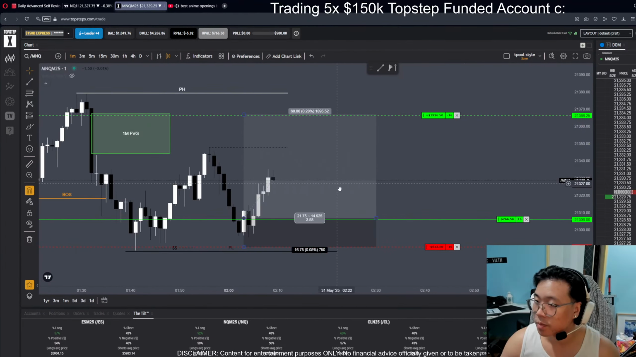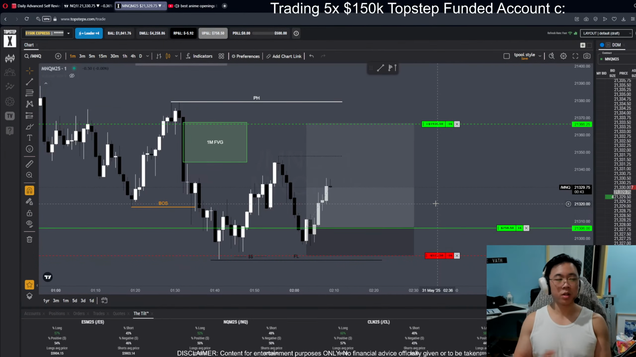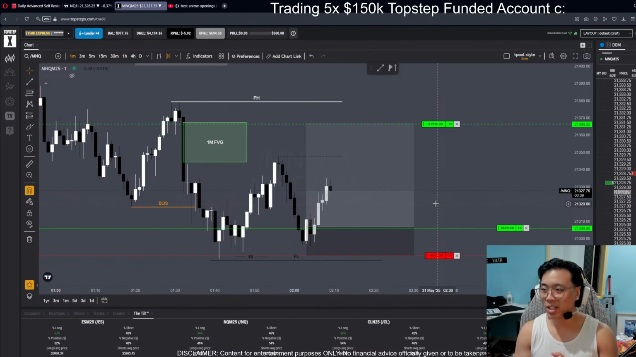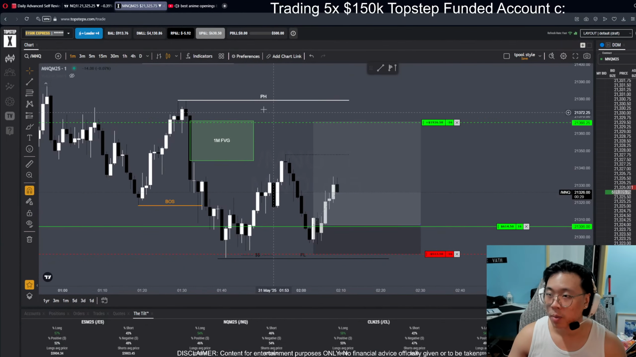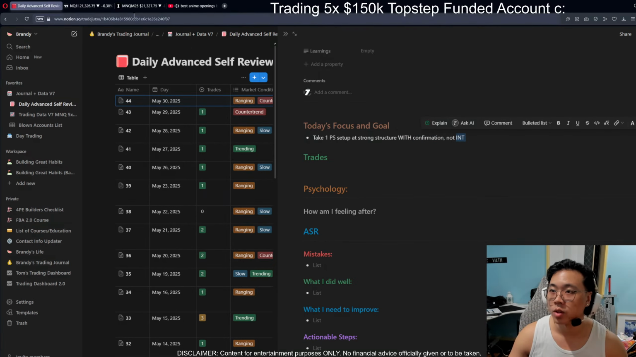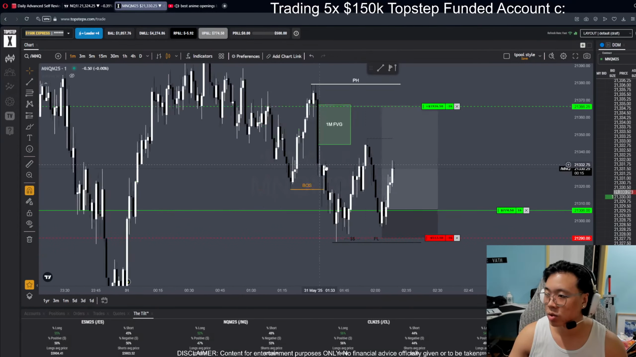Value gap. It is starting to reverse, but look, I've been super patient all day. I've been feeling a bit edgy, but the goal was to stick to my focus for today, which is to take a protected structure setup. As you can see, focus for today, take one protected structure setup at a strong structure with confirmation, not internal. Now this is a 1 minute break of structure,